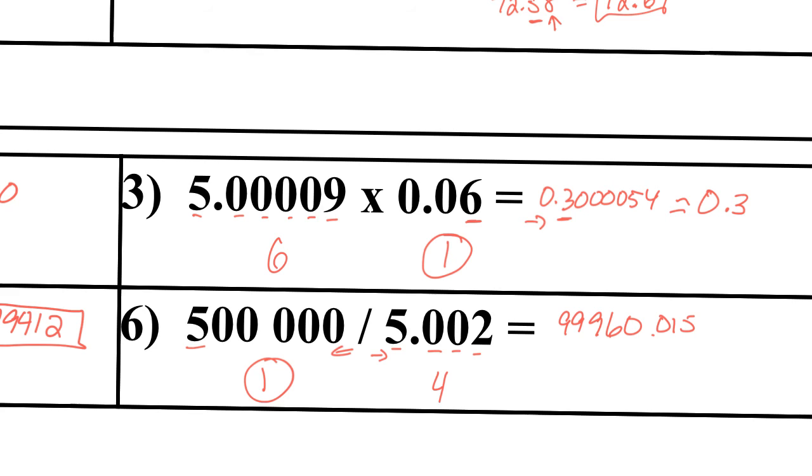99960.0159 blah blah blah. I only need one significant figure in this. So I'm going to need to start from this side. I'm looking at the 9. It's followed by a 9, so this is going to round up, which means this is going to end up being a number of,